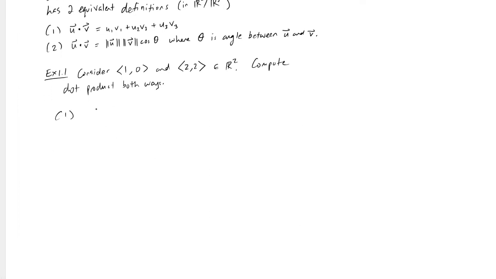All right, the component-wise way of computing the dot product is the easiest. You just multiply the first components and then the second components, and then you add those two products together. So 1 times 2 plus 0 times 2 is 2. So that's the first way. And then the second way,